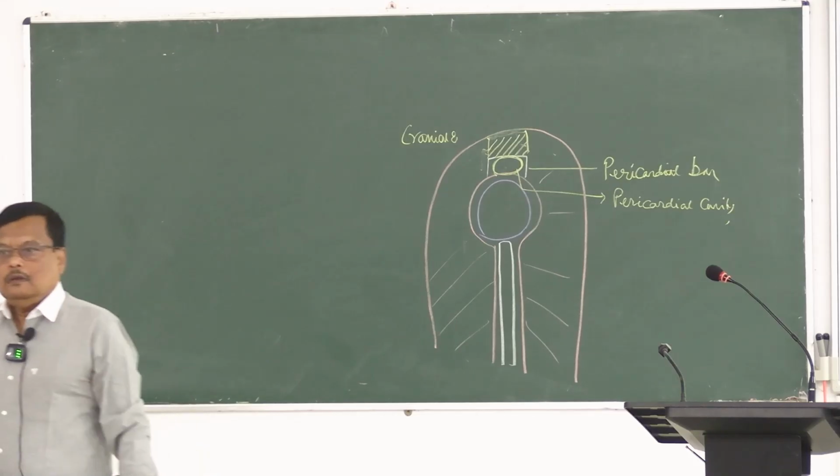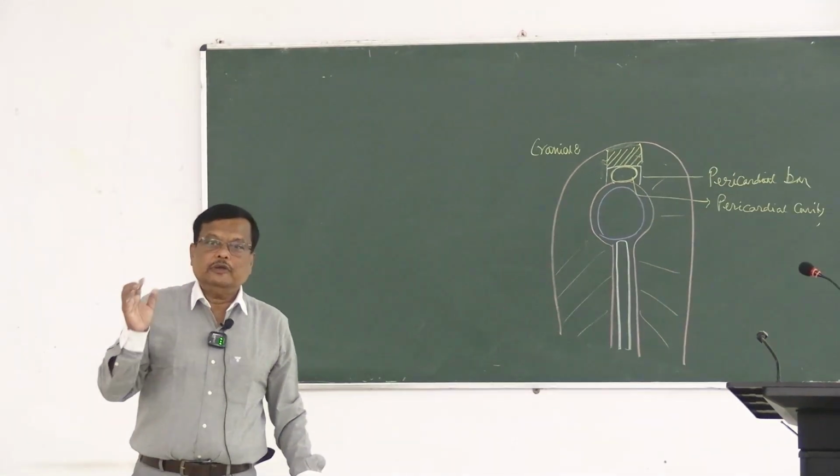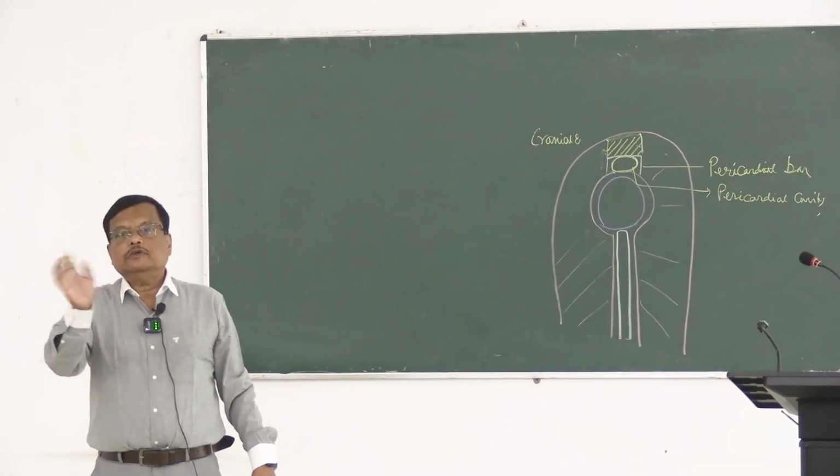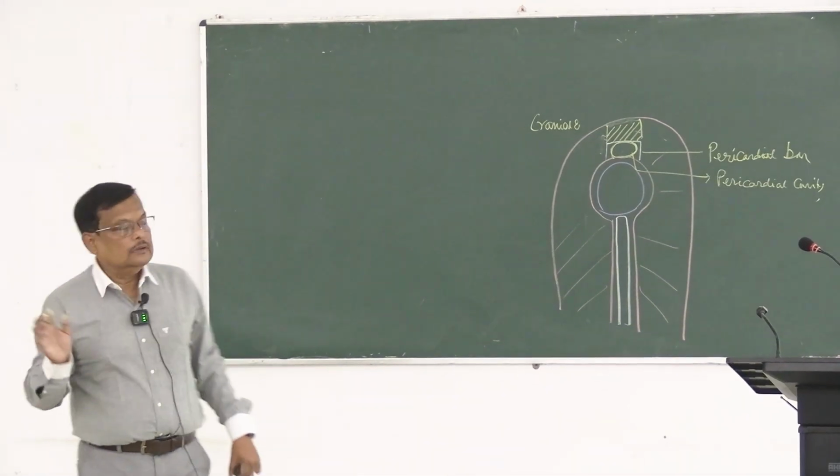Right? Cavity with fluid, everywhere a cavity, the pericardial cavity. But in the septum transversum there is no cavity. Now,